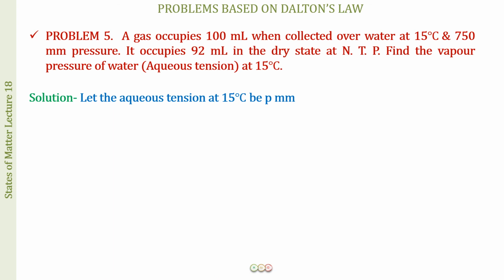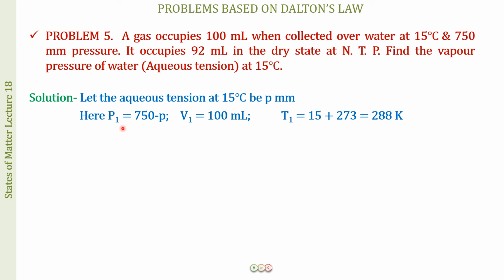So the aqueous tension at 15 degrees Celsius, let that be P mm. Whatever pressure the water vapors are exerting, let that be P mm. So the pressure of the gas itself is going to be the total pressure minus the pressure exerted by water vapors, or minus aqueous tension, and the total pressure is given to us as 750 mm. So 750 mm minus aqueous tension that we have assumed to be P mm is going to be equal to P1,